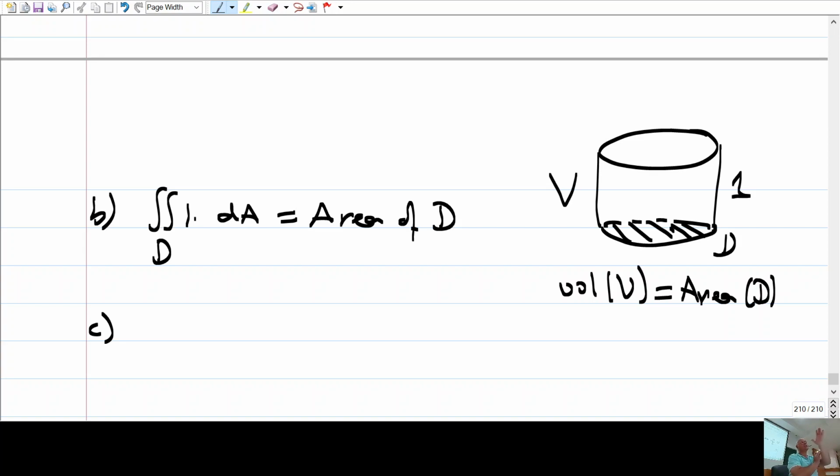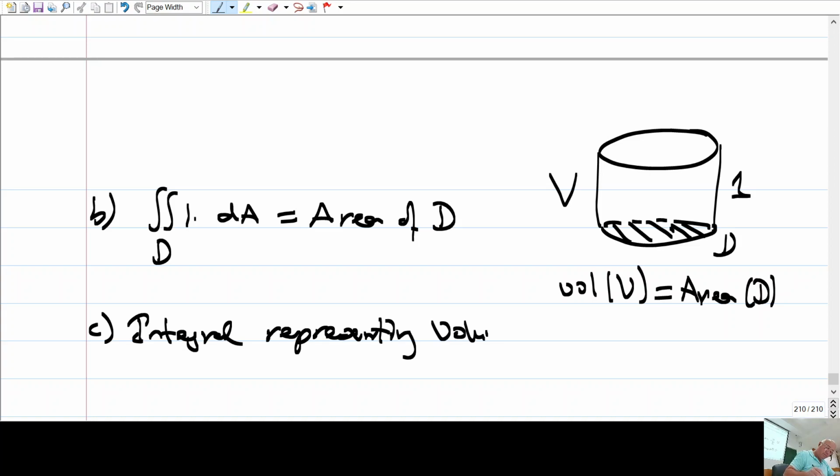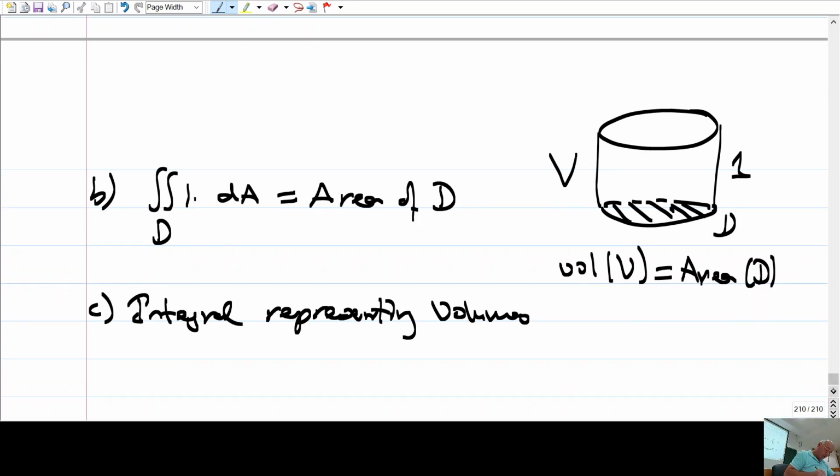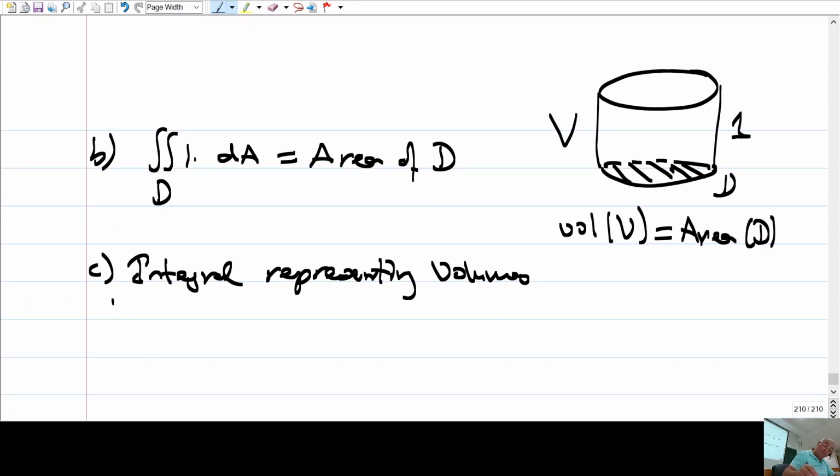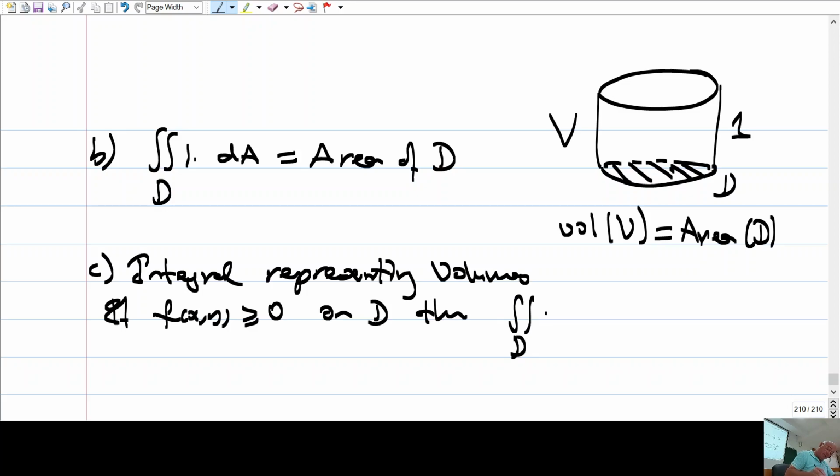We can take constants out. So what you are saying comes to that. So, integrals representing volumes. What we mean is this: if f(x,y) is positive on D, then this integral, as we discussed, the double integral of f(x,y) dA is equal to V, where